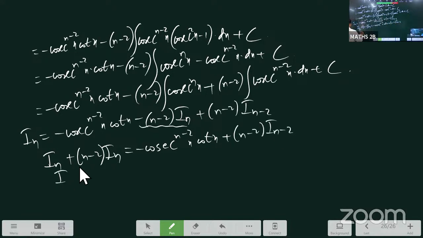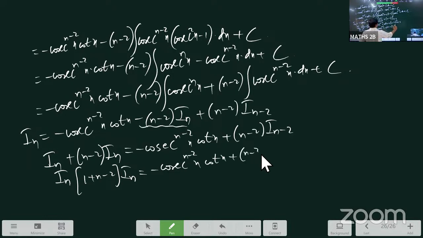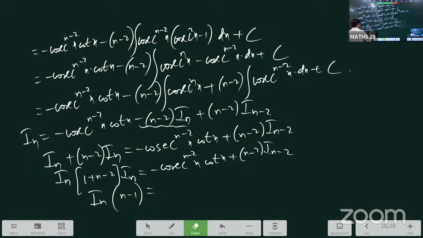Take In common: 1 plus n minus 2 In is minus cosecant to the power n minus 2 x into cot x plus n minus 2 I n minus 2. Now that is In into n minus 1. I took In common, no? No need to write this. That is minus cosecant to the power n minus 2 x cot x